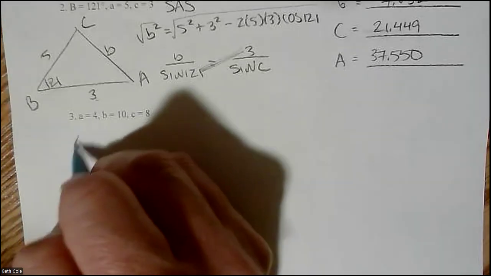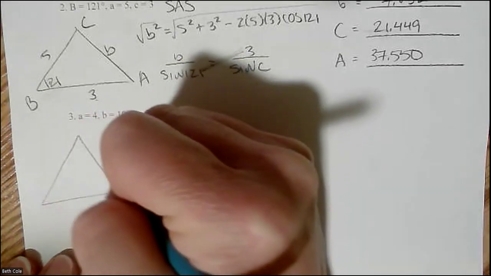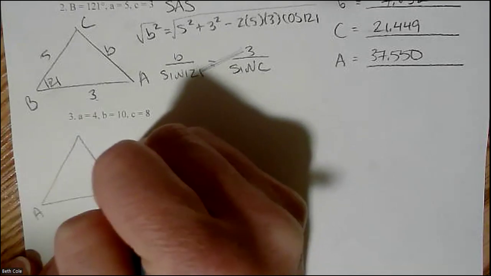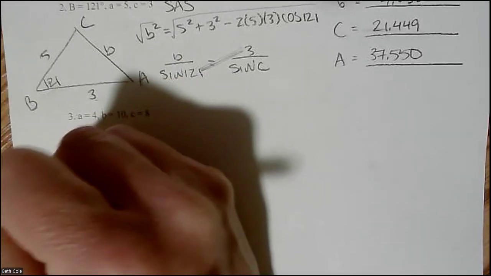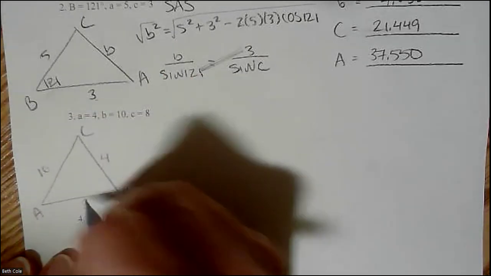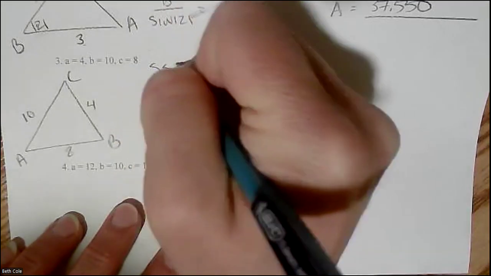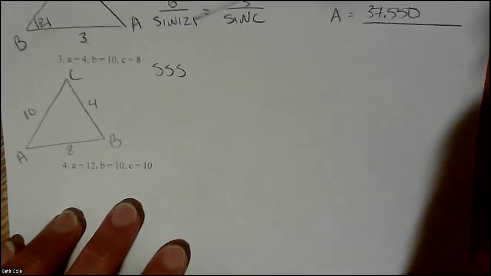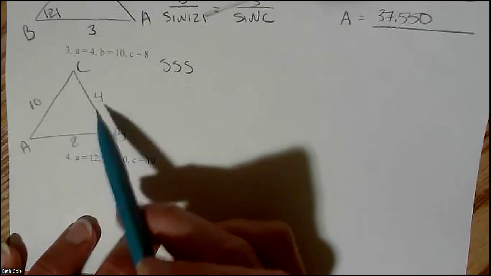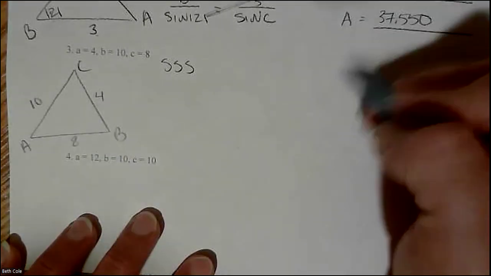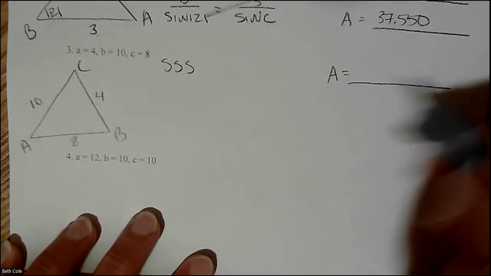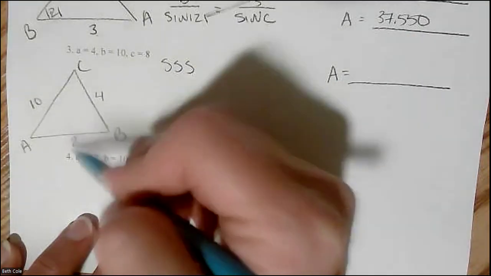When you look at this one, basically the only reason you're going to draw a triangle is because I'm going to give you points for it. This is very obviously side, side, side, and it kind of doesn't even matter where you put any of these because you don't have any of the angles. It is nice to have a visual, I suppose, but side, side, side is your pattern. And we're going to start smallest to biggest. Again, it's important now. So you want A first. And then C is the next one,